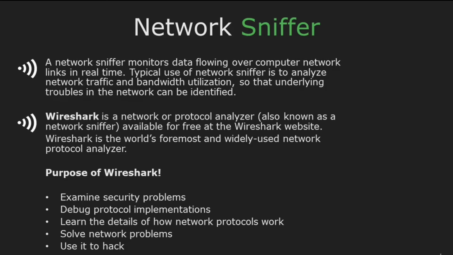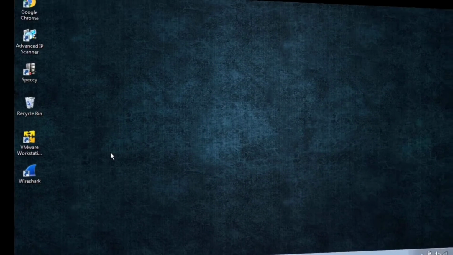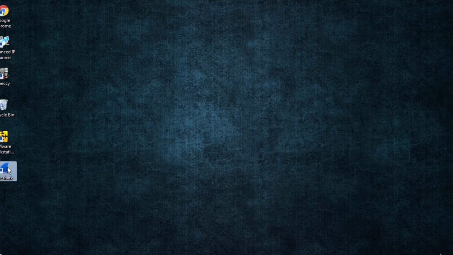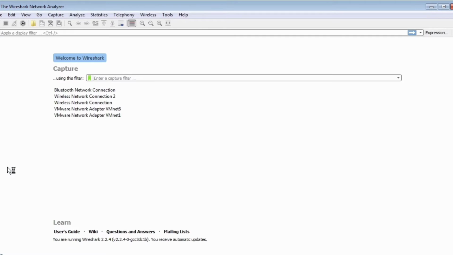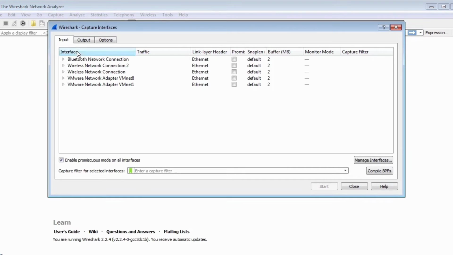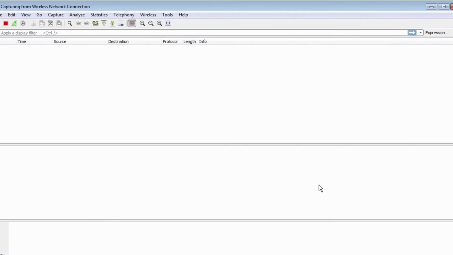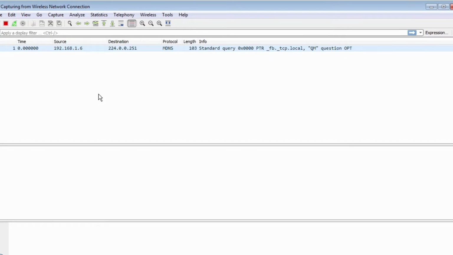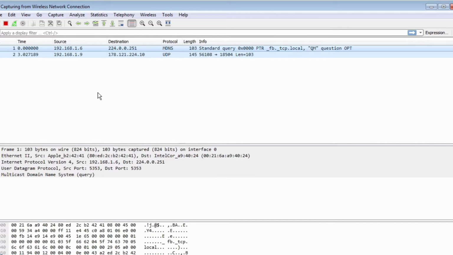So let's go directly into Wireshark and see a short video of it. How can we capture the data from Wireshark? Okay, we are in Wireshark now. We're gonna choose the wireless network connection from the options, and the third one we're gonna choose this one and start. As you can see here, our scanning has started,